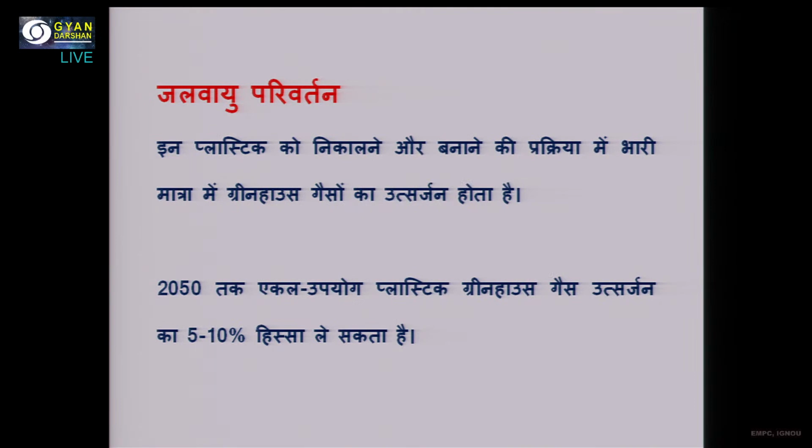ये कहा जाता है कि अभी तक 1950 के बाद 8.5 बिलियन मेट्रिक टन्स प्लास्टिक प्रोड्यूस हुआ है, जिनमें से आधा पिछले 15 सालों में हुआ है। तो ये दर्शाता है कि विगत कुछ वर्षों में प्लास्टिक का उत्पादन बढ़ा है, जो कि ग्लोबल वार्मिंग या जलवायु परिवर्तन में एक इम्पॉर्टेंट रोल अदा करता है। और यह माना जा रहा है कि 2050 तक एकल उपयोग प्लास्टिक ग्रीन हाउस गैस उत्सर्जन का 5 से 10% हिस्सा ले सकता है, जिसकी समस्याओं से हम सब भली भांति परिचित हैं। तो सिंगल यूज प्लास्टिक के बहुत सारे नेगेटिव या कह सकते हैं कि डिसएडवांटेजेस हैं, जिसके बारे में हमें